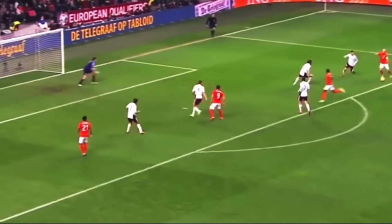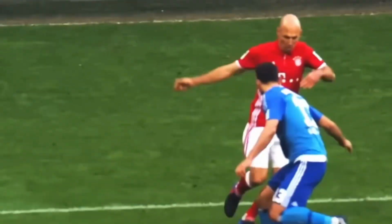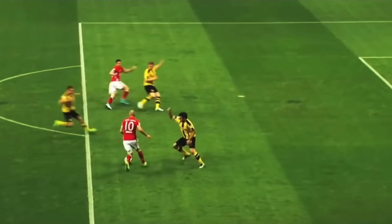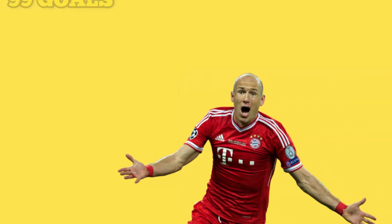and again and again? How did the defenders fall for it again and again and again? Because here's the thing, since he joined Bayern Munich in 2009, he scored a total of 99 goals